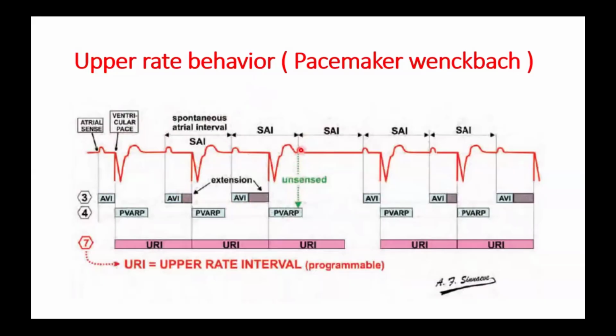The A occurs during the PVARP, so it's not sensed. It's done again. This prevents occurrence of sudden 2-to-1 block when the patient exerts exercise,